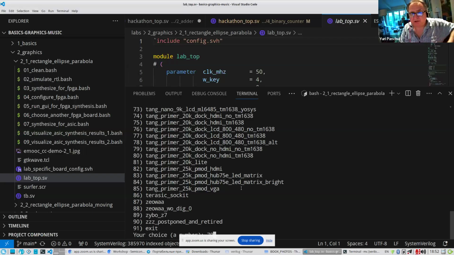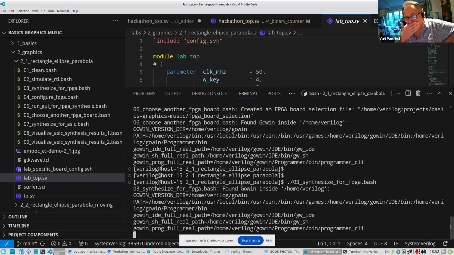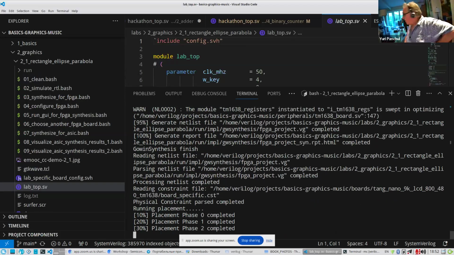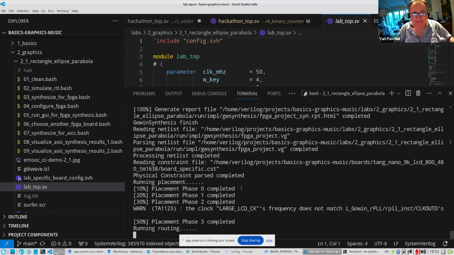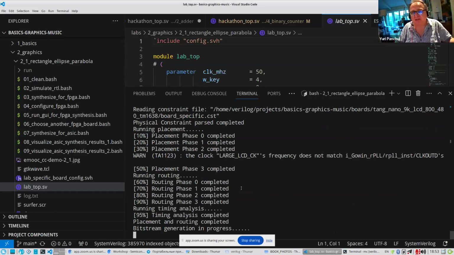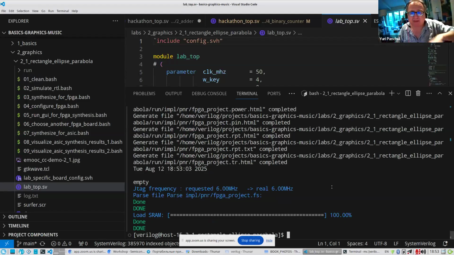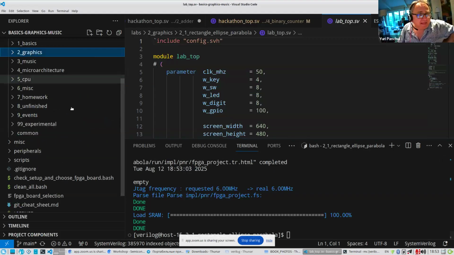But you need to make sure that in the version you have, this is also board number 70. And once you choose this board and run this script, it will synthesize to a board with a larger screen. In principle, I can try it right now, but I need to search for this screen in my boxes. But this is the way you can work with a larger screen. So you can try it. But let me go back to a smaller screen, and I can use the very same example.